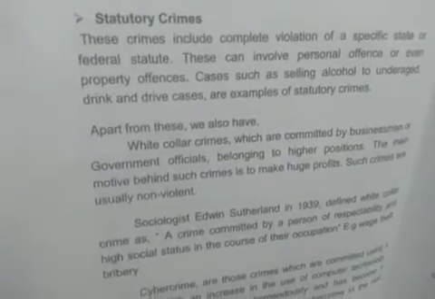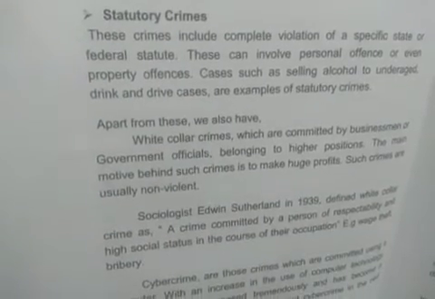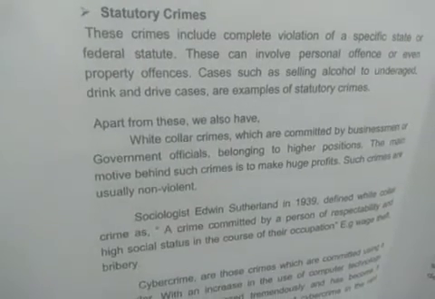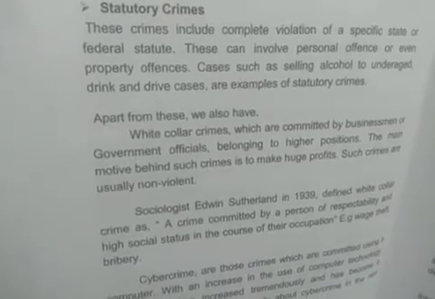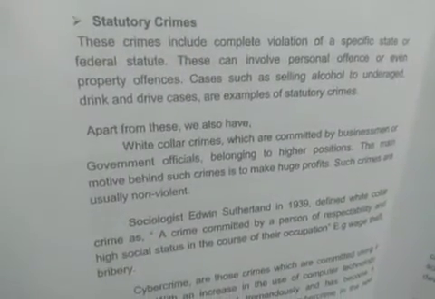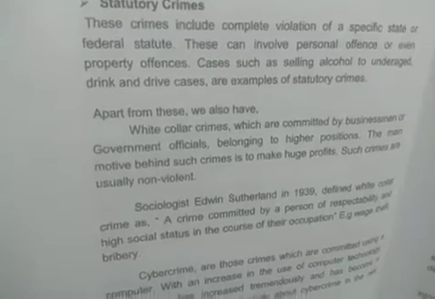Property crimes. Property crimes are those crimes where the perpetrator usually tries to falsely claim or acquire property which does not belong to him. However, physical harm may not be necessary. Example: forgery, embezzlement, robbery. Since robbery uses physical force, it can also be considered a personal crime.